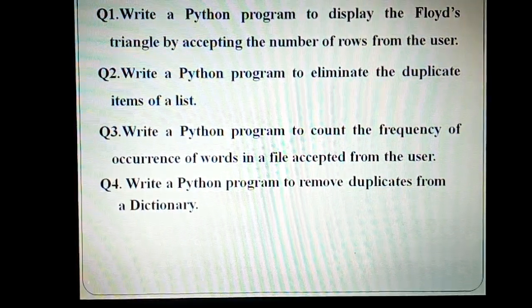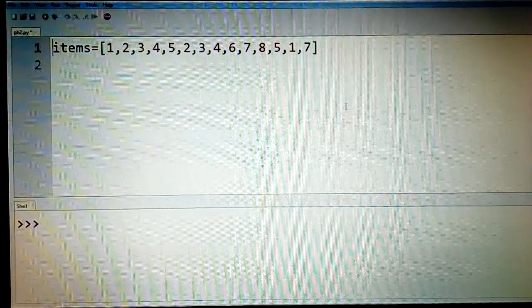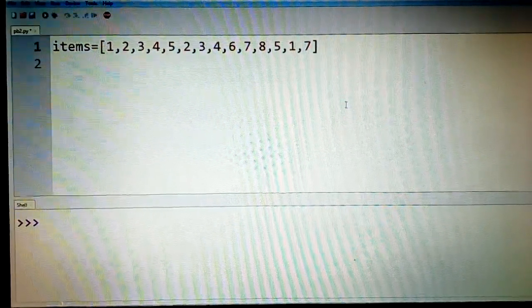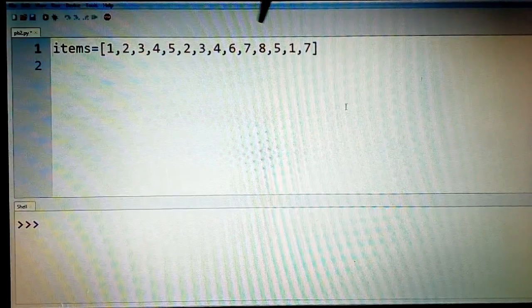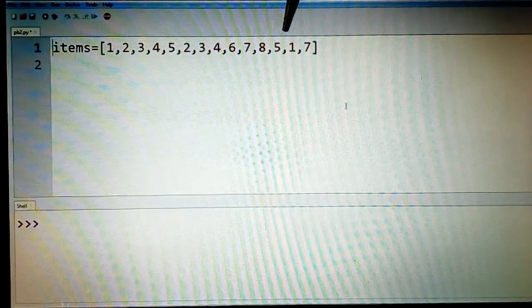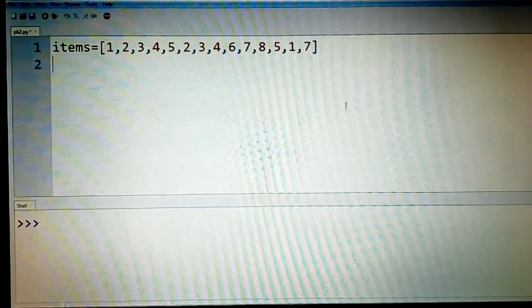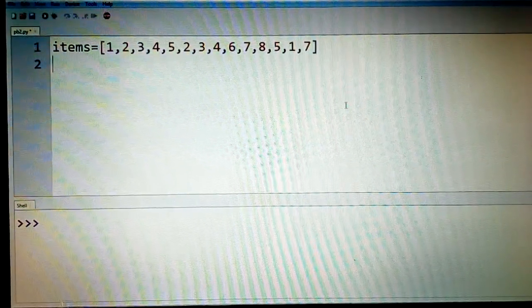Now how do we work on this? Let us check it out with the code. Assume that this is my original list which contains all the items here, wherein there are duplicates here, 2 3 4 is repeated, 5 1 7 is repeated. So we need to generate a list that is free from the duplicates.